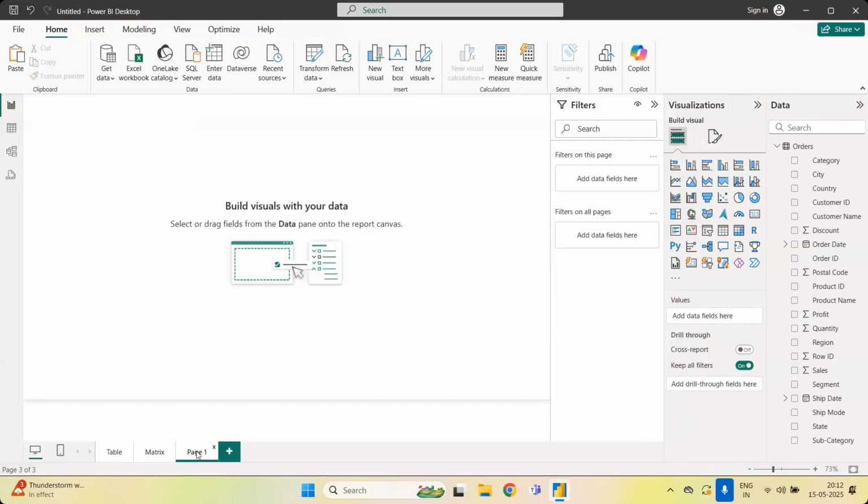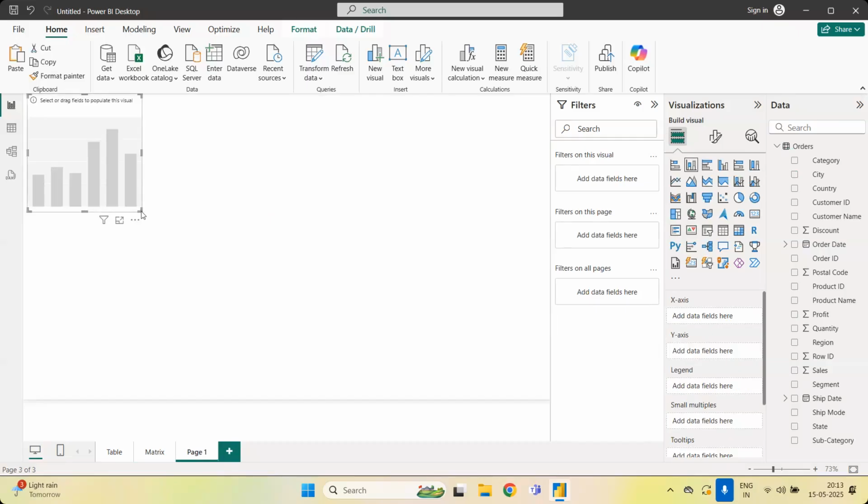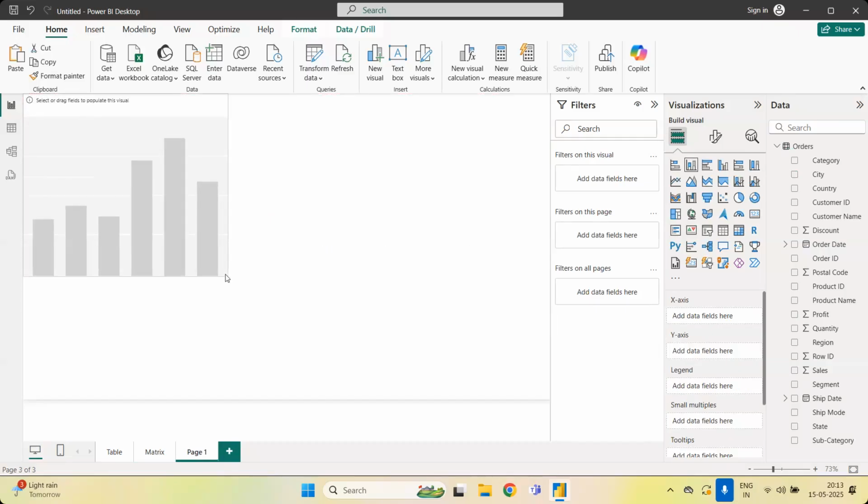Now coming to the next one. So these are the different types of plots. Almost each and every plot we have covered, all the plots which are available within Power BI. Now, I'm making some plots like this. Here, plot number 1. What is this plot number 1? Here I'm going to consider the